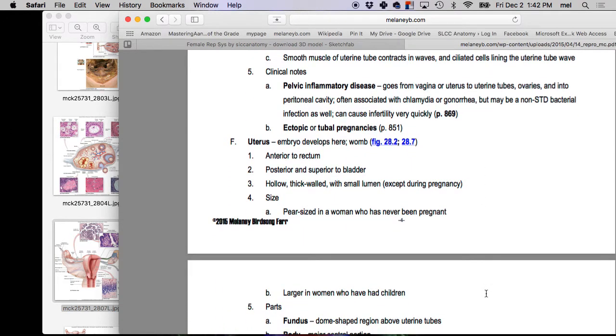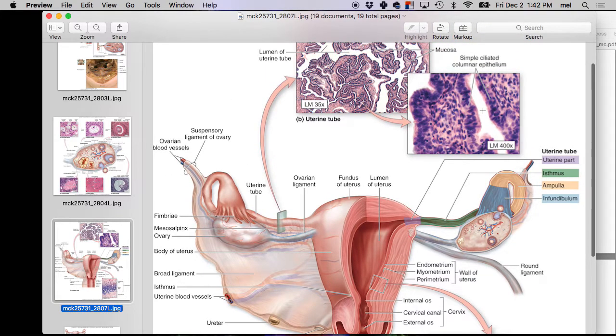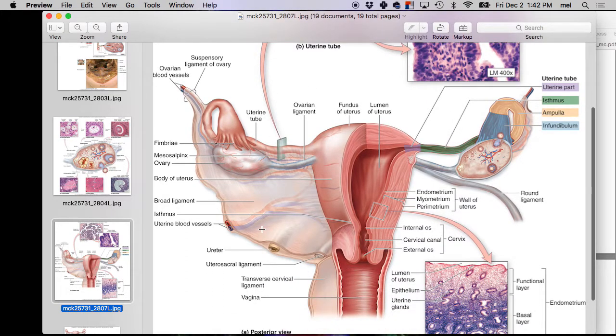Okay, so next is the uterus. Oh, by the way, the tissue, ciliated simple columnar epithelium, right? And smooth muscle in the wall as well. Now, here's the uterus. The uterus is also called the womb. This is, of course, the site that will house the baby. Here's the parts. Fundus, looks like a little trampoline, fun to jump on, right? The body. Okay, the isthmus is where it gets narrow, and this part where it projects into the vagina is